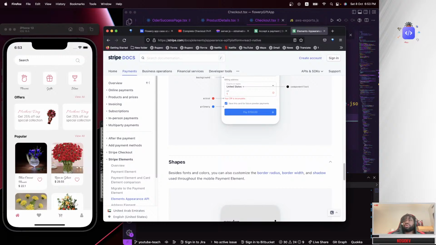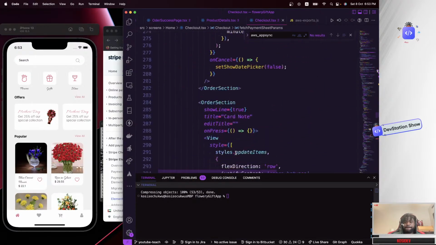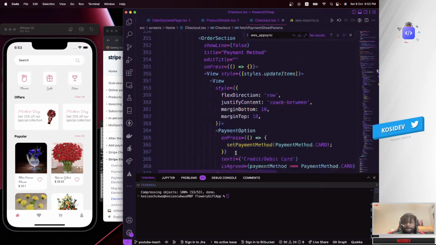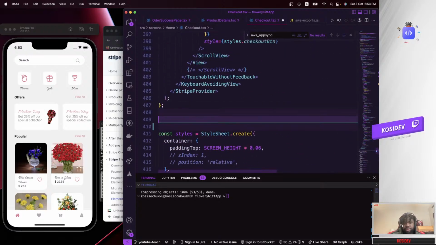So I'm going to copy some stuff over, which I've done for our own code. Over here, I'm going to paste this somewhere below, inside our checkout.